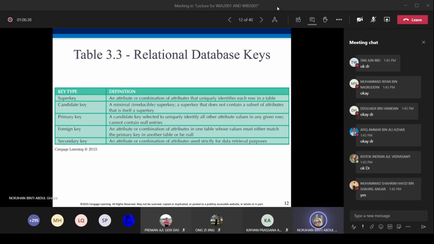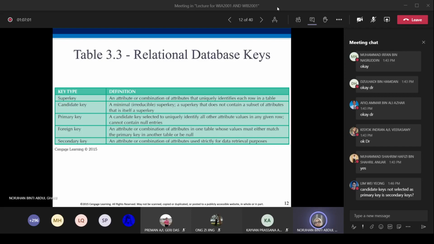So we can do the retrieval based on your last name, for example. That's what we refer to as a secondary key. I hope you are clear with the different types of keys that exist in a DBMS.